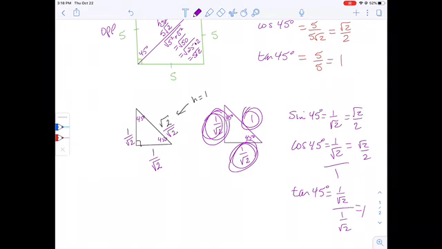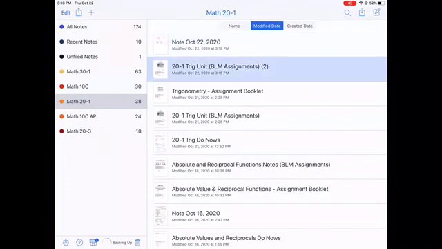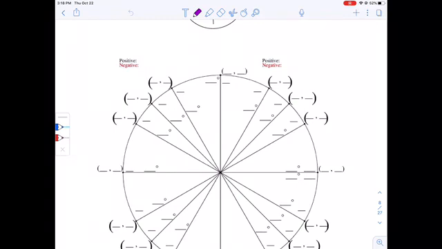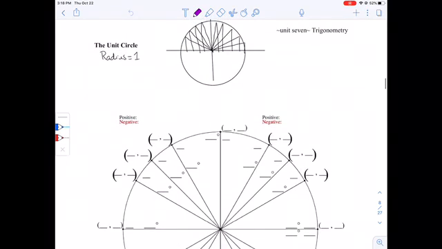So what this all boils down to is no matter how you draw a 45, 45, 90 degree triangle, these two side lengths have to be the same, and this one here would be 1 to 0.707, or just that much bigger. There's the only ratios that you can create that 45, 45, 90 degree angle triangle. So if we go back here to our notes, if we're looking at the unit circle, what we're basically saying is that our radius is all 1, 1, 1. So with our 45, 45, 90,